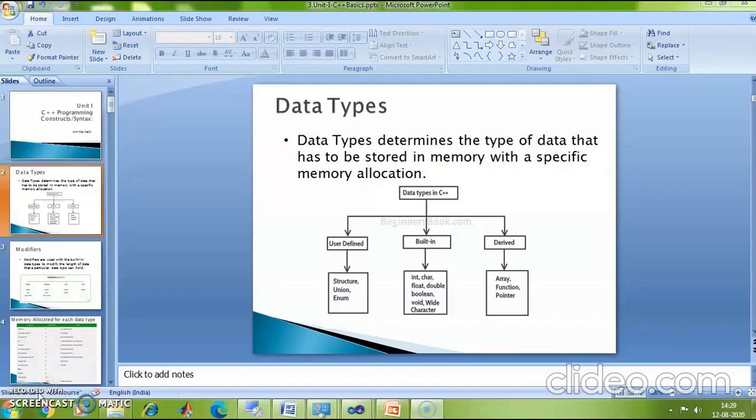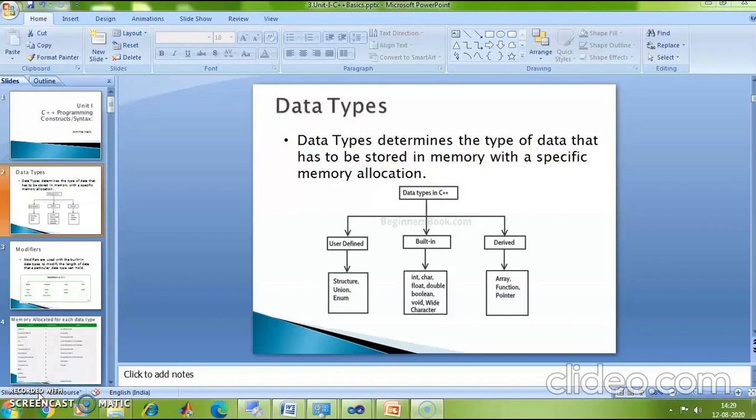So the maximum value that an integer can hold would be 2 raised to 32 minus 1. Correct? This is with respect to an unsigned integer. Unsigned integer means an integer that doesn't have any negative value.